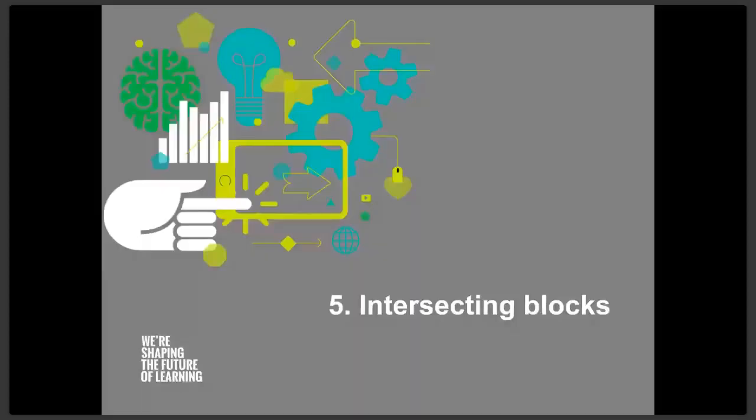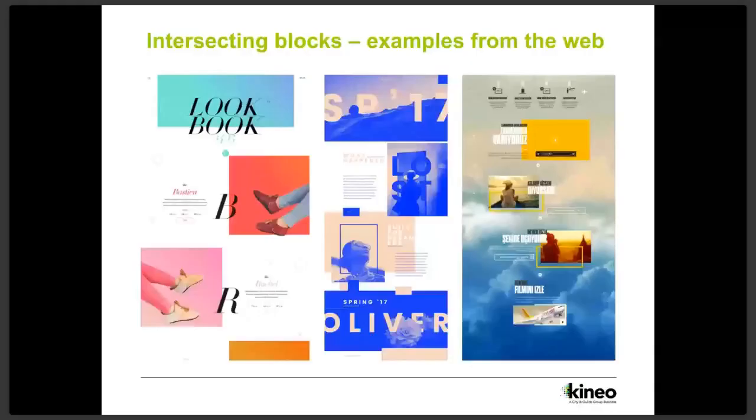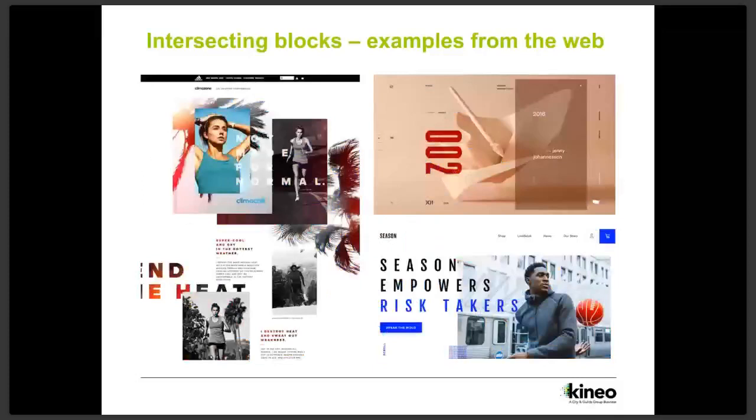Yeah, great. Okay, so the final trend that we're going to be talking about before we wrap everything up is intersecting blocks. Again, this is something that's been around for a little while, especially in terms of the transitions of how those work, but it's really picking up this year as a trend, combining with a few of those other things as well. I was going to say being around the block now, Liz, but I thought... But yeah, the way that these overlap doesn't create a column layout, but it gives you that nice sense of depth. It creates that editorial aspect that we always try to achieve.